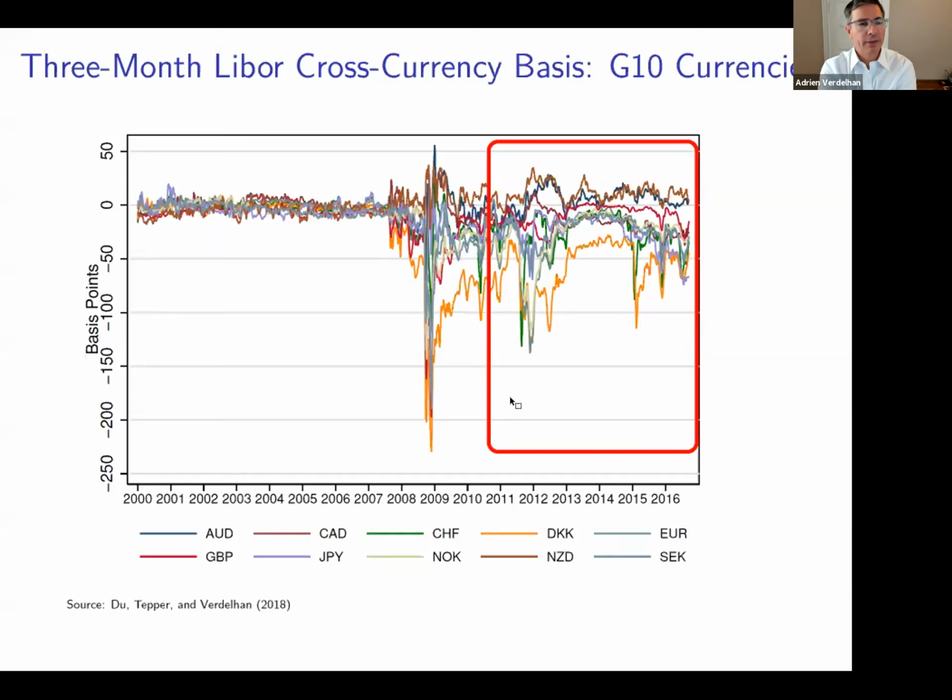The most surprising thing is that after the crisis, those CIP deviations still exist. And that is troubling. What is going on? This is, as I told you, one of the biggest, if not the biggest, markets in the world. CIP deviations should be 0. They were 0 before the crisis. After the crisis, we should go back to 0. And clearly we did not, right?